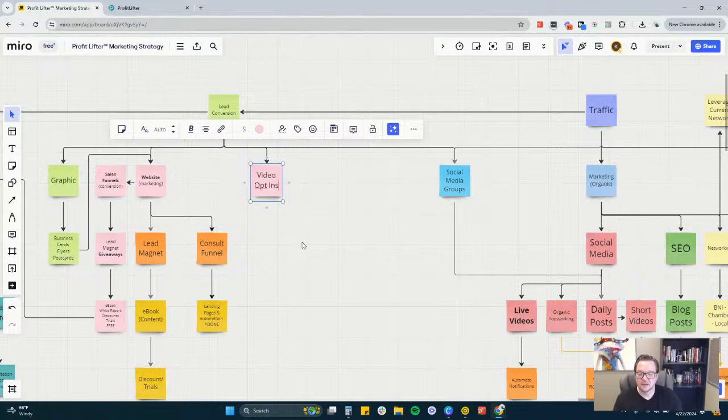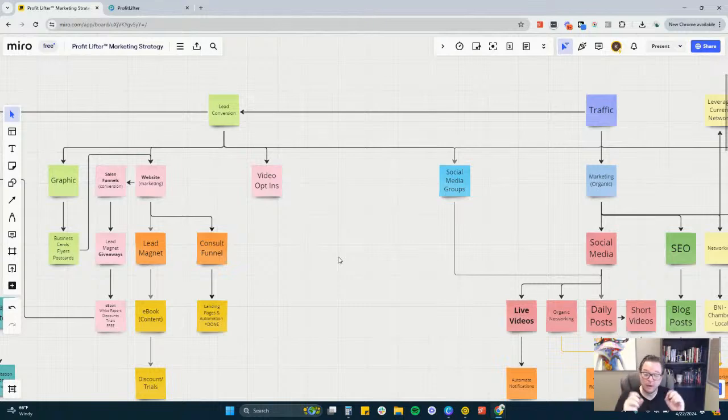All right, so lead conversion, video opt-ins. Now, with your Profit Lifter account, if you use, not embed, your videos on your website or sales funnel, you can set it up so that when it hits a certain point, it's required for them to submit their email address and phone number, or basically a form of any sort, to proceed with the video. You can only do it one time per video, meaning you can't go at 25%, hey, want to see more? Enter your name, then at 50%, enter your email address. But what I would do for this